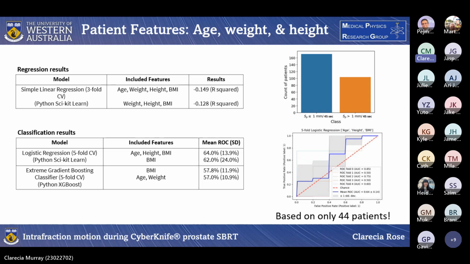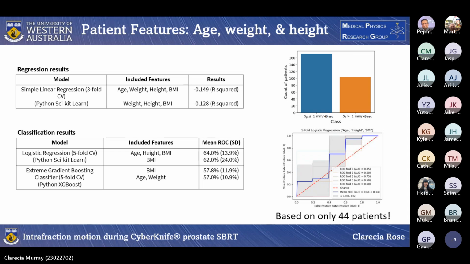So this was done for many combinations of age, weight, height, and BMI, and for several different models, with the humble logistic regression in the end being what was published. We can see here that age, height, and BMI gave the best